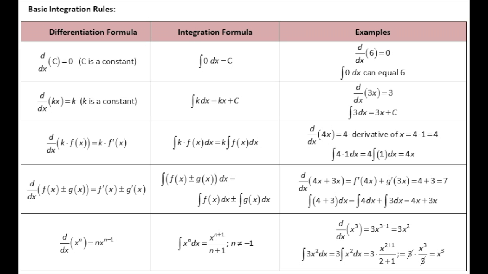The third rule we have is the scalar multiple rule. In this situation, like the derivative rule, when integrating, you can take out the constant to make the function easier to integrate. Therefore, we can take the k out, making it k times the integral of f of x dx. Next, we have the sum and difference rule, which basically means you can split up the integral of a sum or difference of two functions and just either subtract or sum the results.